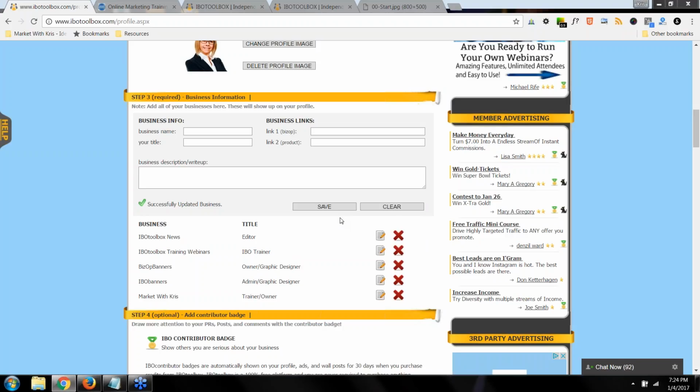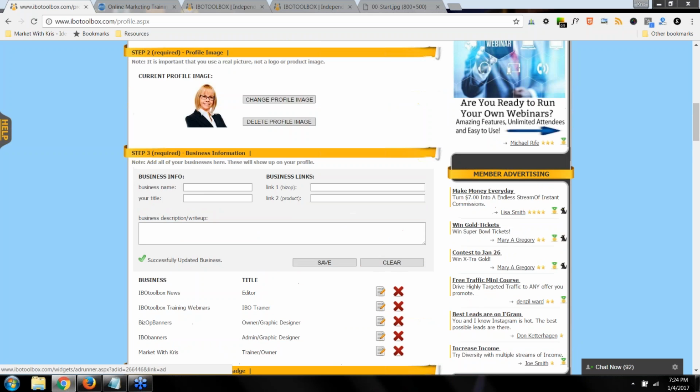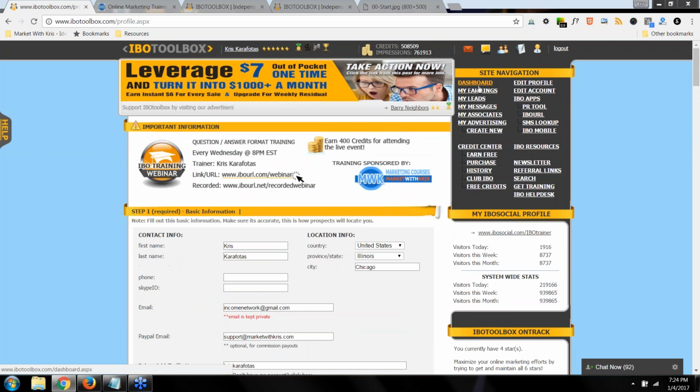Again, I would encourage you to go through steps 4 through 9, but if you decide to stop, make sure that you return to the dashboard. Then your credits are automatically added to your account and you get 500 credits for completing your profile. Okay, if you log out or close the site, you won't get those credits until you log back in and return to the dashboard. So if you've referred someone to IBO, you see that they've completed their profile, they've earned their first star, but you haven't gotten your referral credits, it's because they never returned to the dashboard.